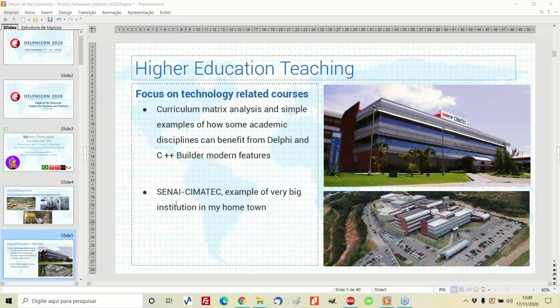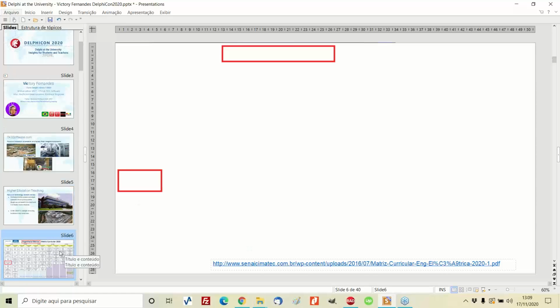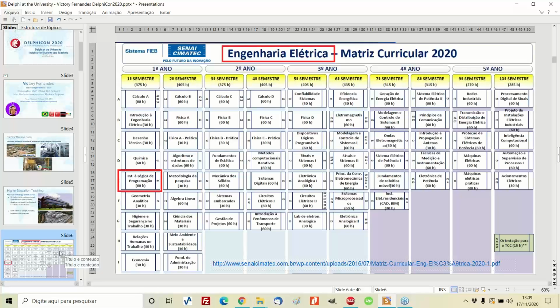The idea is that I picked a very big and important institution in my hometown, and I went through some of their curriculum matrix in order to present it at the Embarcadero Conference Brazil, which happened a couple of months ago.